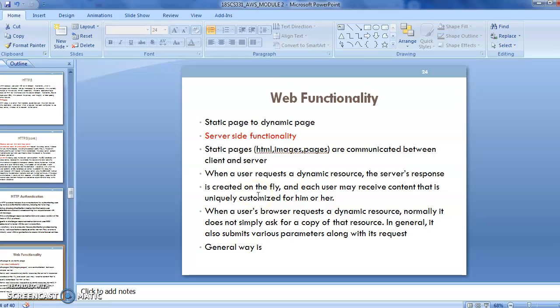Means that we dynamically create the responses based on the different requests accepted from the client, and each user may receive content that is uniquely customized for him based on his requirements. The server will give the proper response to him.